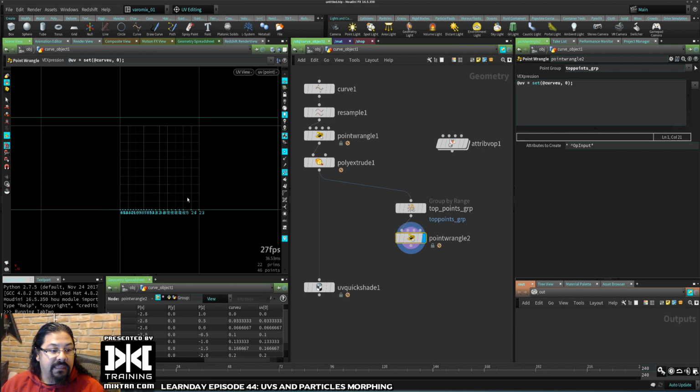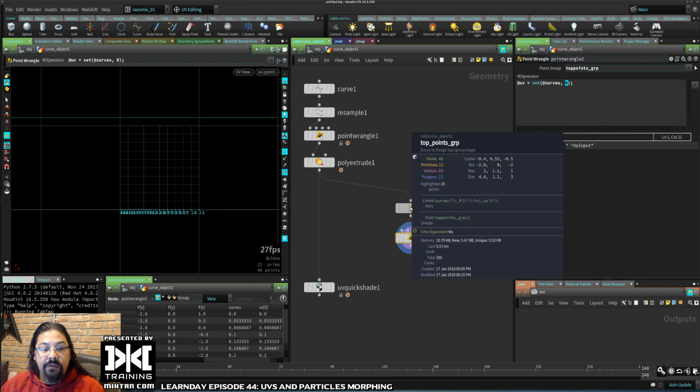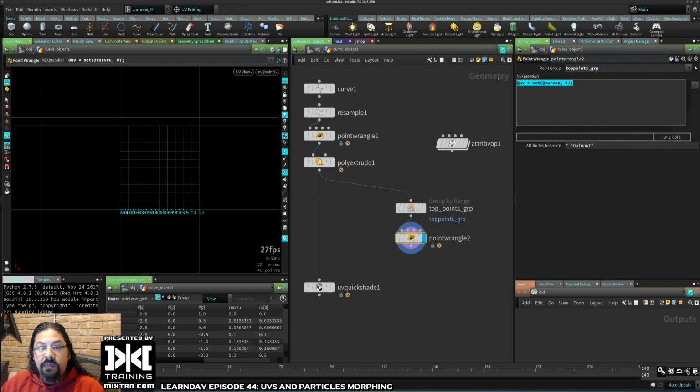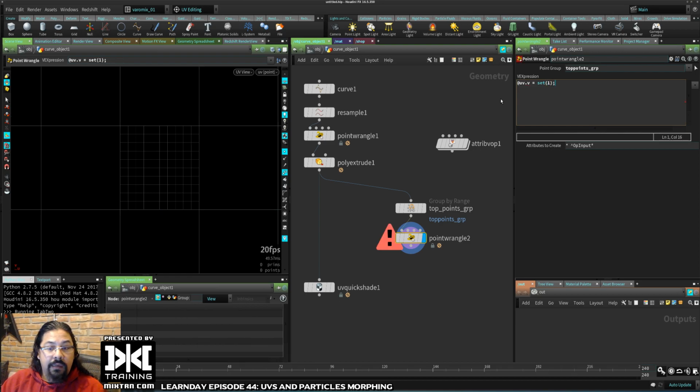We want to set these points up to here, and that's the B attribute actually. So we already have UVs here. So let's just set the UV B attribute. Let's set that to 1, and UV,